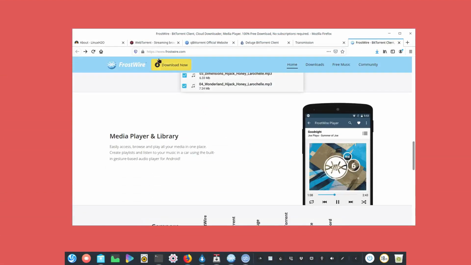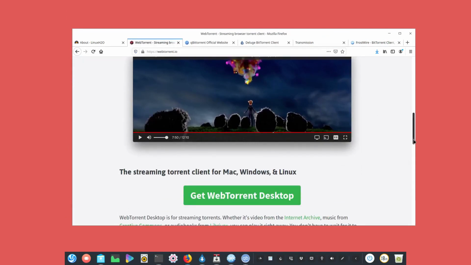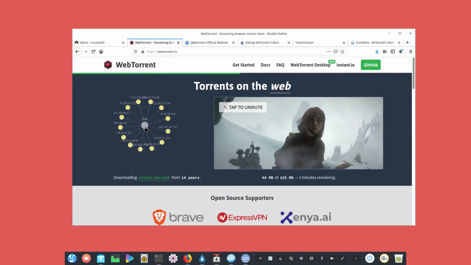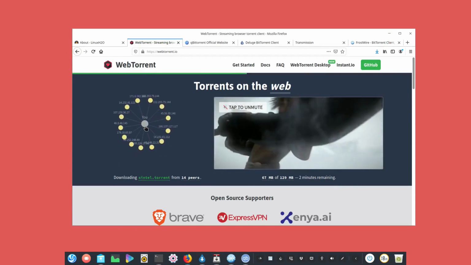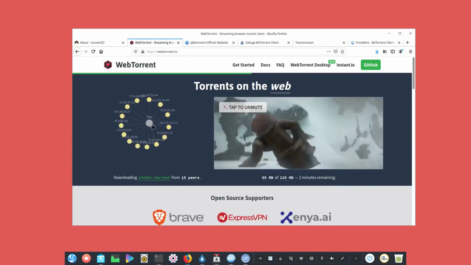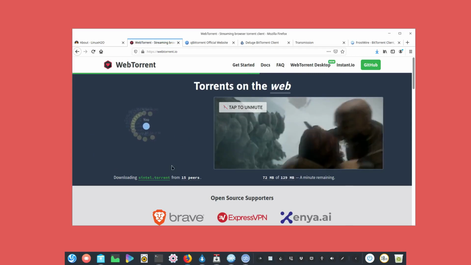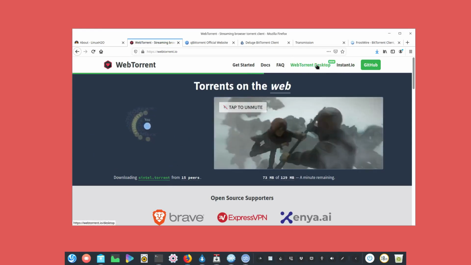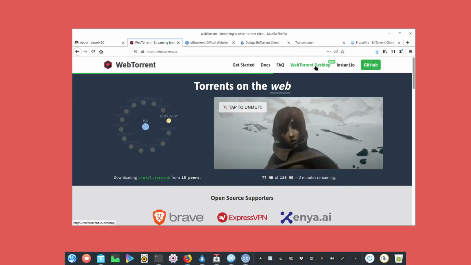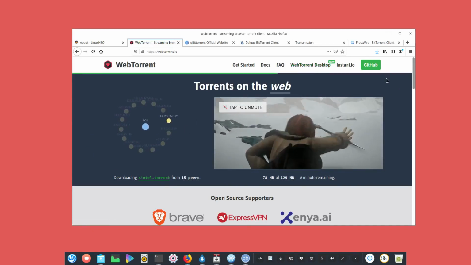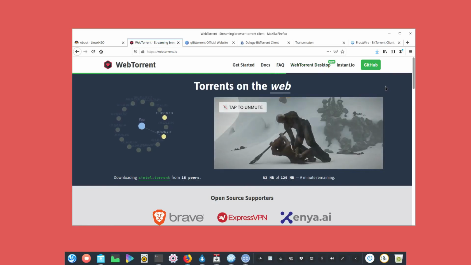And the other one that I want to show you, and this is the last one, is BitTorrent. So BitTorrent has a unique feature that it can directly play videos from the torrent. So you can use this torrent client for P2P media playback as well. So you can download this. It's, I think, an Electron application, so it's available for all the operating systems. So you can download it, install it in your system. So you have to download the package file, .rpm or .deb file.